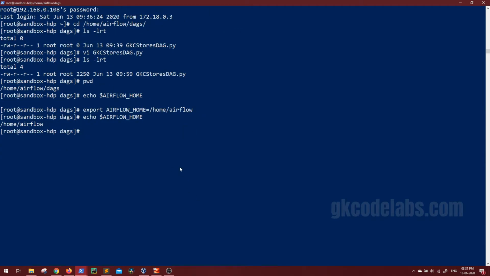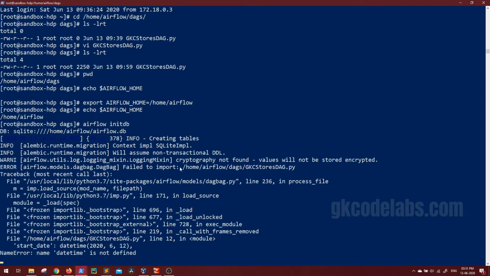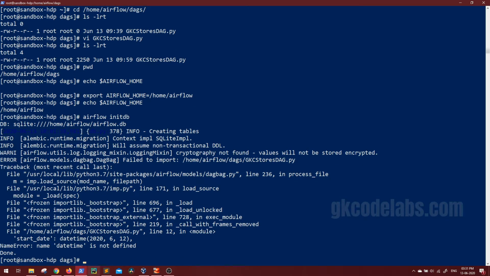Now the first thing to do here is initialize the Airflow DB. To do that, the command is airflow initdb. Give it some time, so this will be done. You can see the done message. It's giving some error. Okay, datetime is not defined.